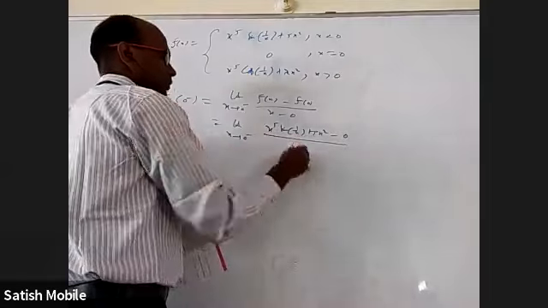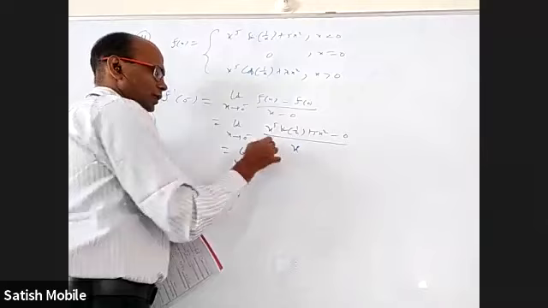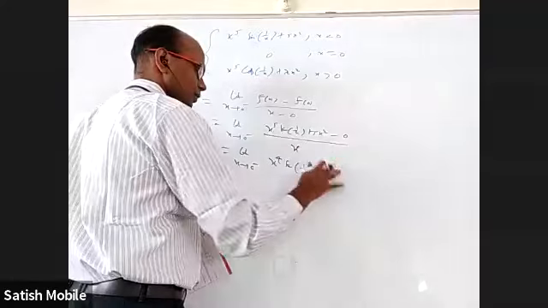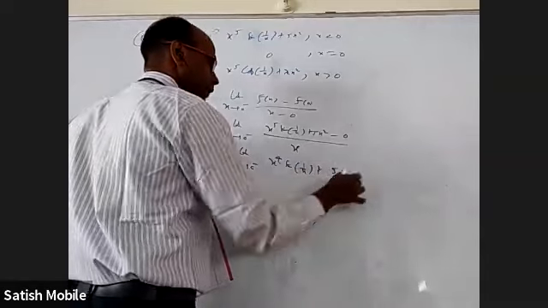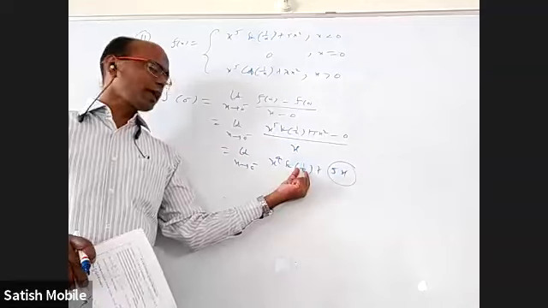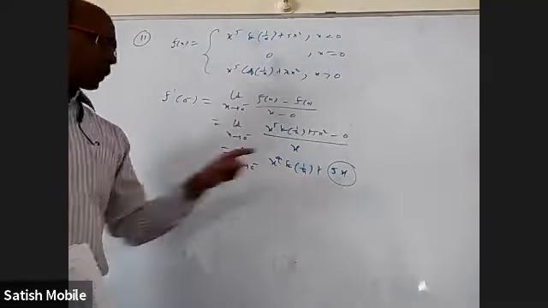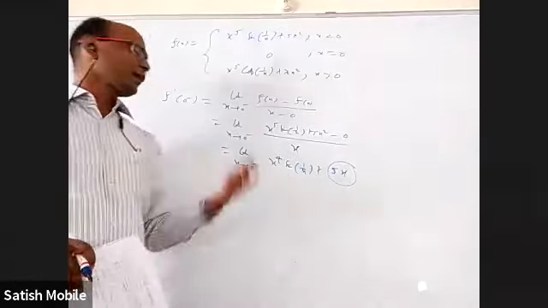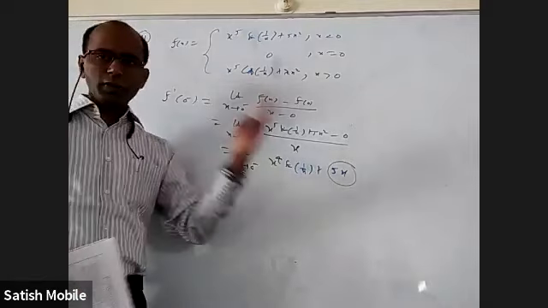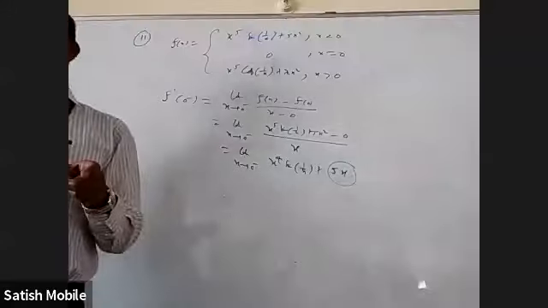Because this and this are coming from two different definitions, you cannot directly differentiate and do that. By x, you can cancel one x, limit x tends to 0 minus, you'll get x power 4 sine 1 by x plus 5x. This is 0 at 0. This one is oscillating. 1 by x is becoming infinity and sine of something keeps on oscillating between -1 to 1, but into 0 is there. We can write proper sandwich theorem explanation that this is between -1 to 1. When you multiply x power 4, it is between minus x power 4 and plus x power 4. Both are becoming 0. So the in between expression also should become 0.